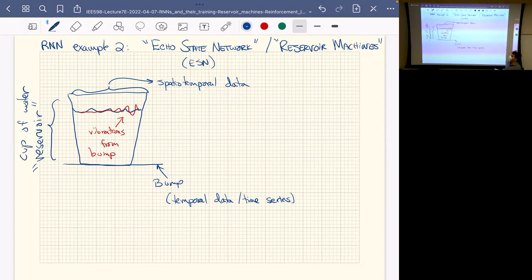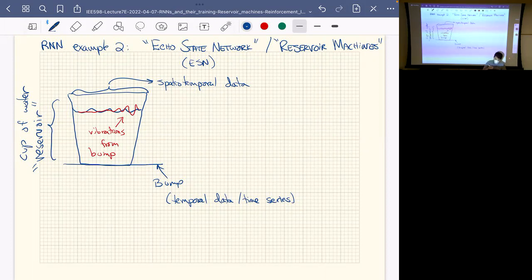So in effect, those vibrations have memory of what's happened in the past. Because as I bump that thing, those vibrations last much longer than the bump. So if I bump it multiple times and those vibrations interact, then really what we're seeing is mathematical operations being applied from present versions of the input to past versions of the input,